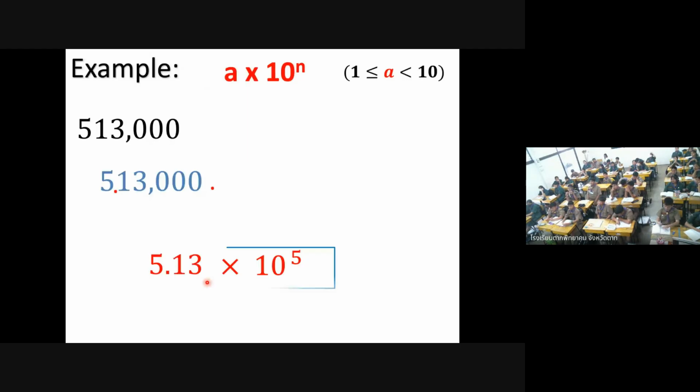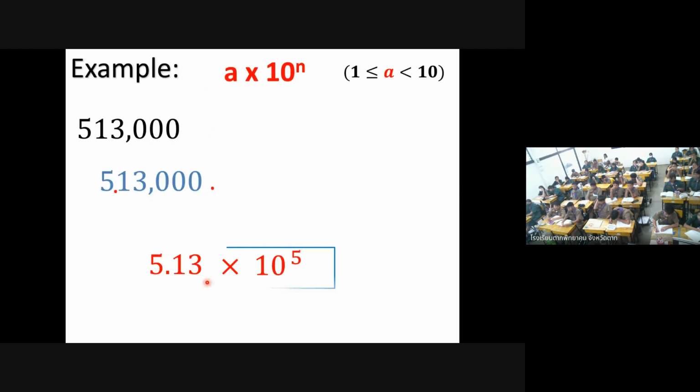So we have 5.13, right? Where is the point? Again, the decimal point is always at the end. Where should we move this? A should be greater than or equal to 1 but less than 10. From this point, we're going to move the decimal point to this point. So we're going to have the given value,